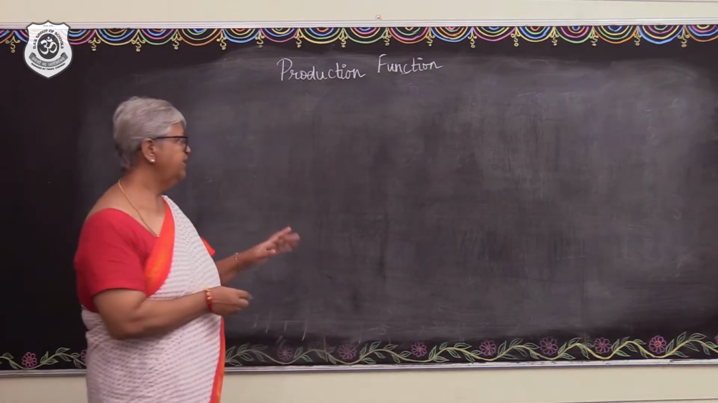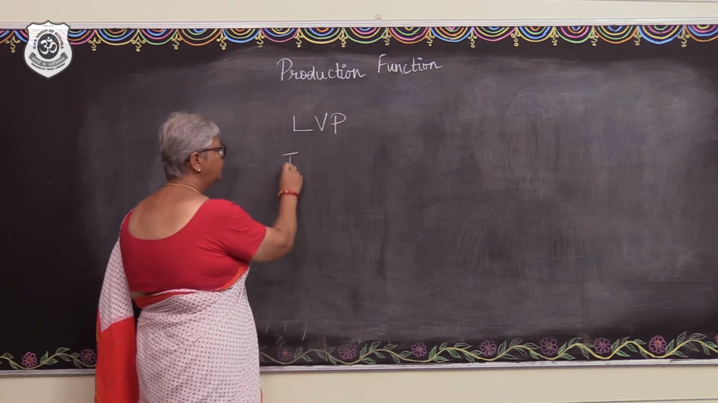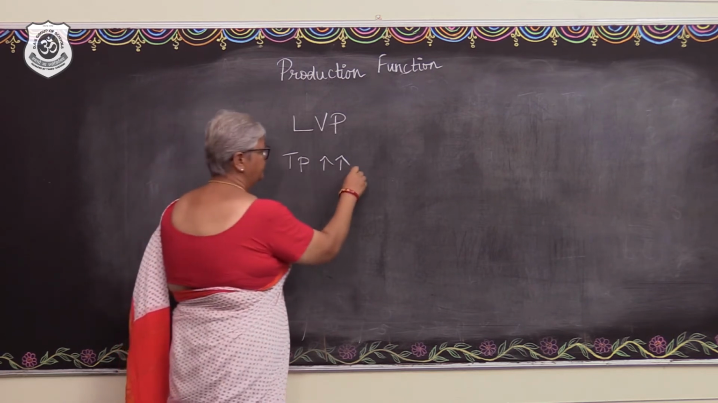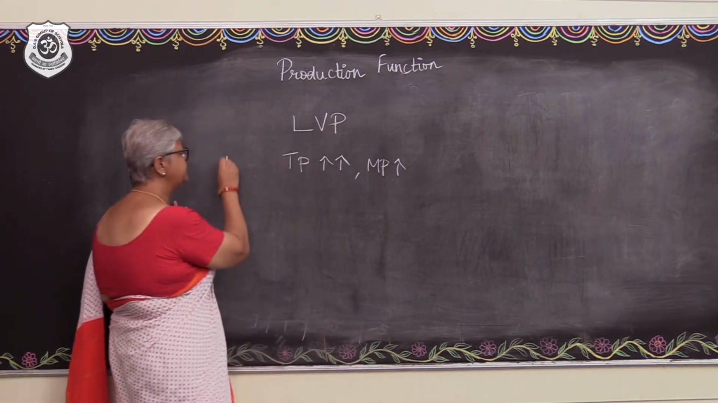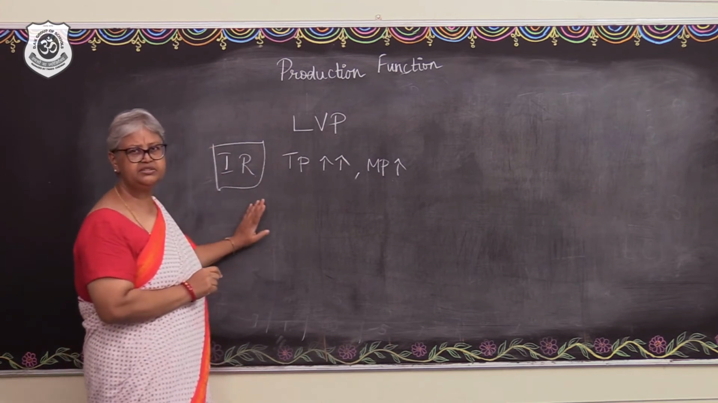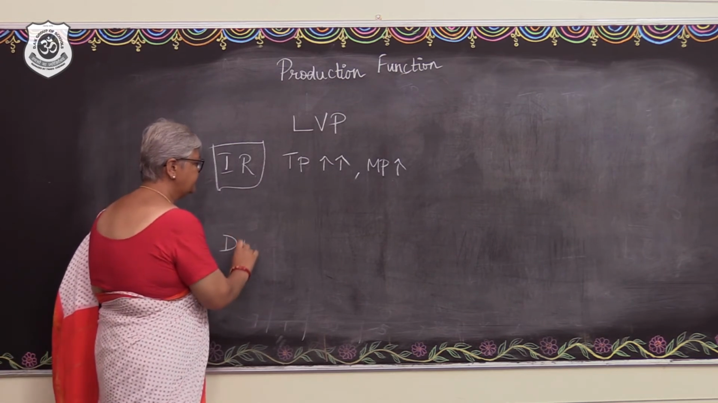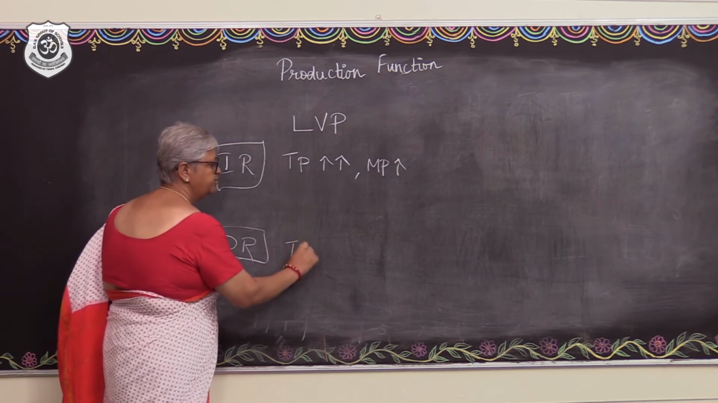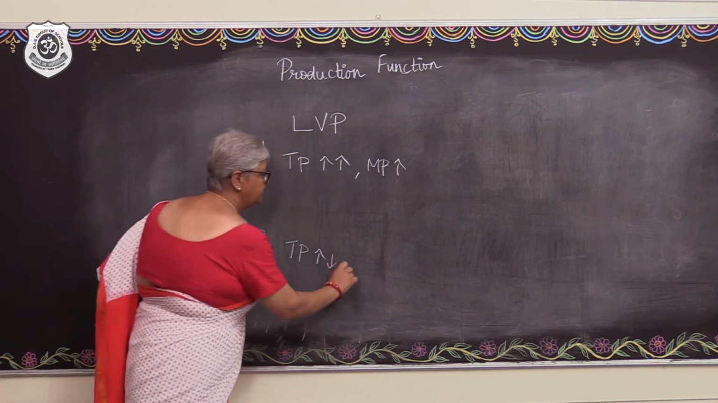So the law of variable proportions, as it is given to you, you have understood that the total product increases at an increasing rate initially, which means that the marginal product increases. That is the phase of increasing returns. Yes? And then there is going to be decreasing returns, which marks the TP to be increasing at a decreasing rate, and that would mean that the marginal product